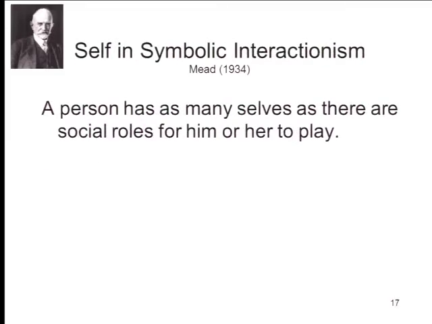The same kind of idea comes from George Herbert Mead: a person has as many selves as there are social roles for him to play. From the point of view of the self as a prototype, you can see now where you get multiple selves to abstract a prototype from, which is simply that we all play a number of roles. We all have a number of significant other people in our worlds. And each of those situations, each of those roles, each of those significant others is associated with a different self-representation, and the self as prototype would be abstracted across those. The self as prototype would tend to have whatever features tend to be shared in common by those individual context-specific selves.